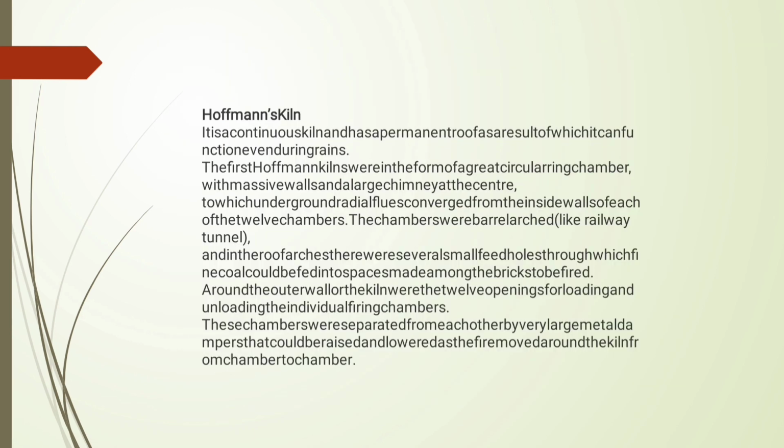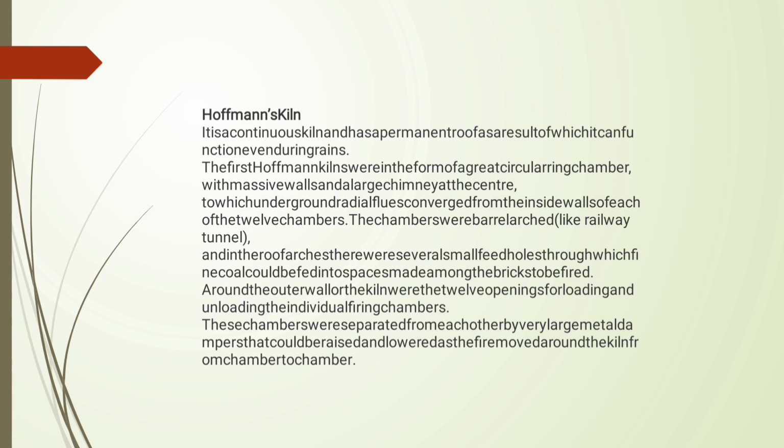Hoffman's continuous kiln. It is a continuous kiln and has a permanent roof, as a result of which it can function even during rains. The first Hoffman kilns were in the form of